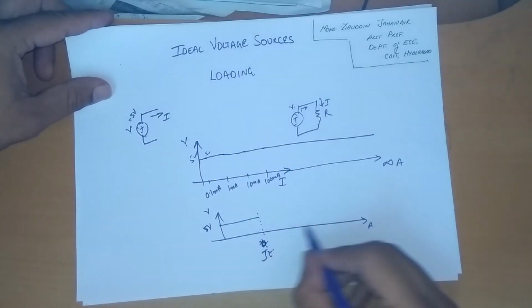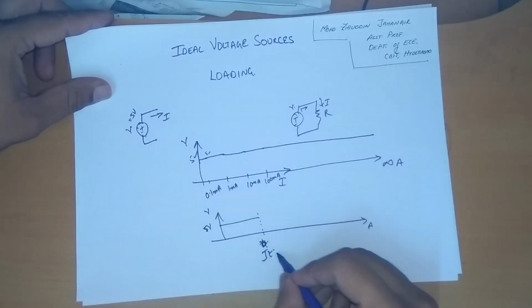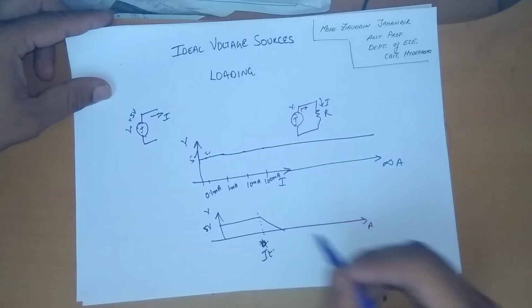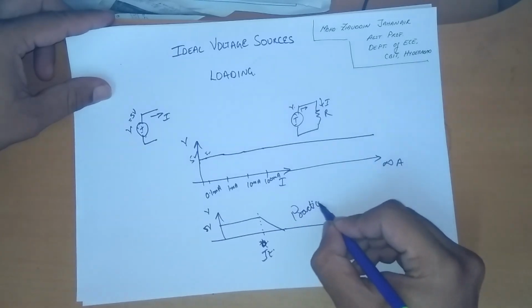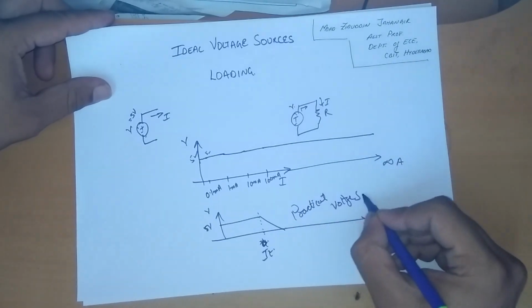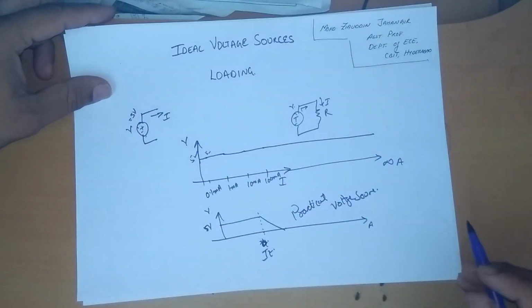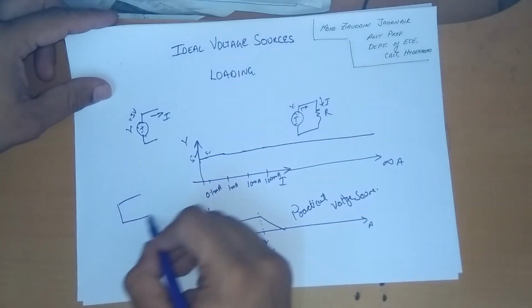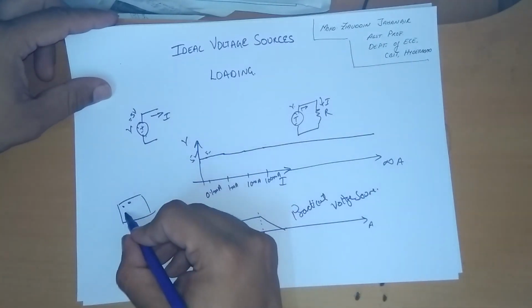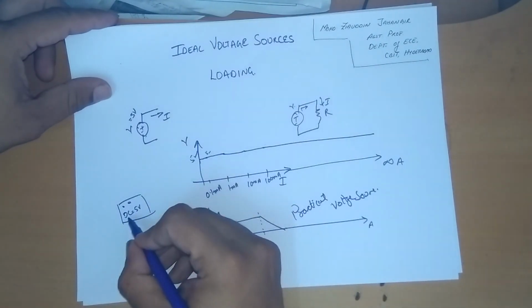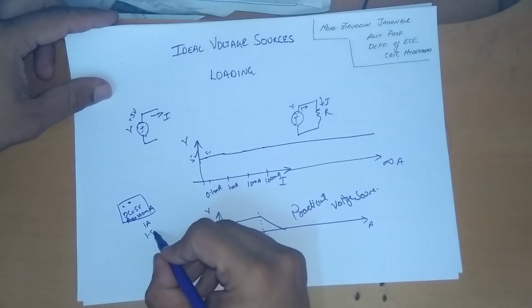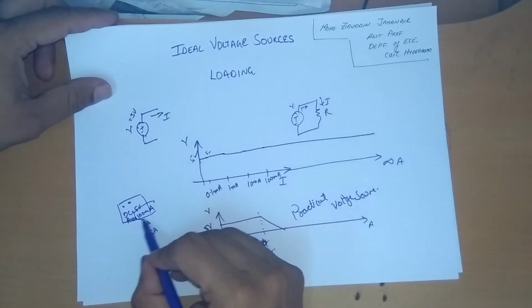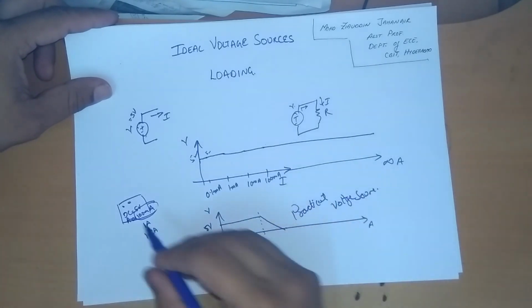So if the current drawn increases above IT, then the voltage drops. Okay, so this is a practical voltage source. You might have observed on cell phone chargers, generally they come with a rating that the output DC voltage is 5 volt, and along with that you will find the current rating, 100 milliampere or 1 ampere or 1.5 ampere and so on and so forth. This rating actually is the maximum current which you can draw from that particular source.